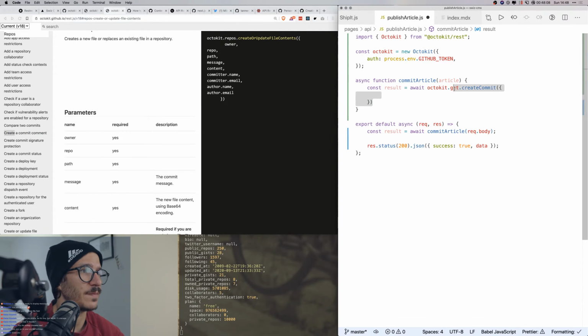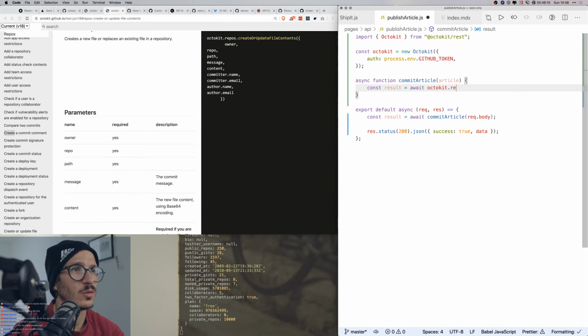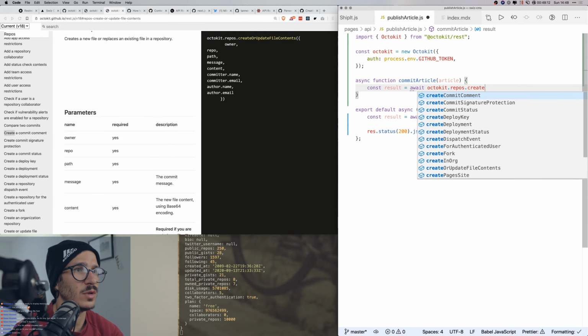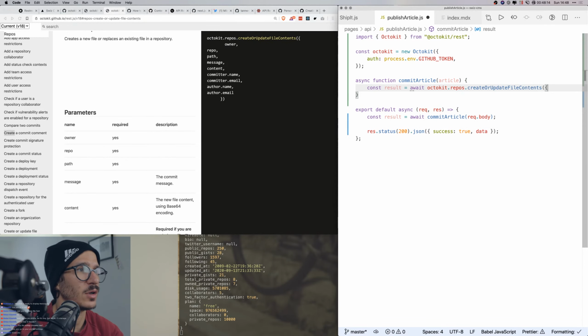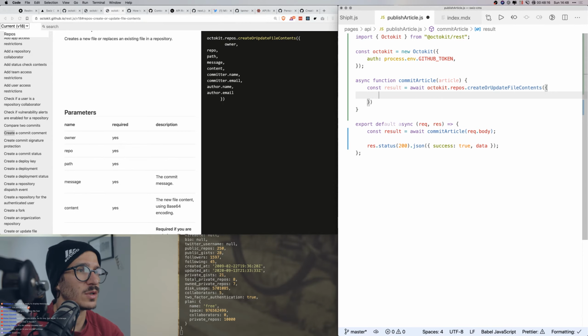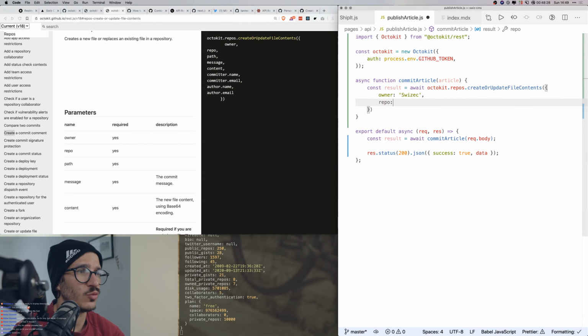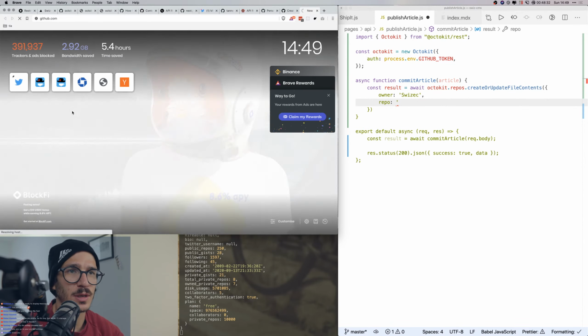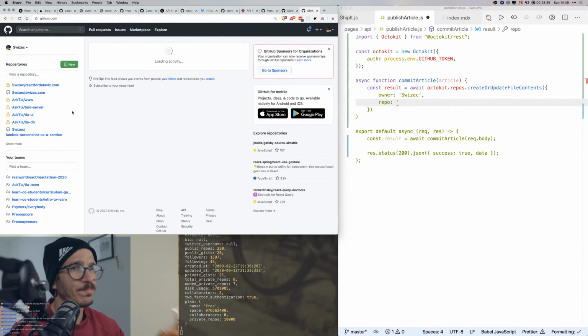So we can say octokit repos dot createOrUpdateFileContents, and we're gonna say, I don't know what to say for the owner. Let's just do me, and the repo is going to be, I should probably create a test repository for this. So let's